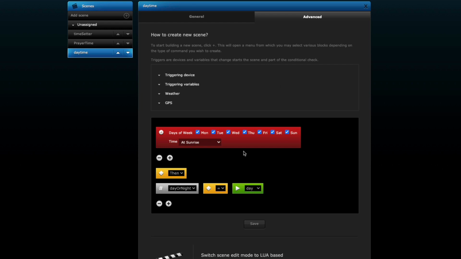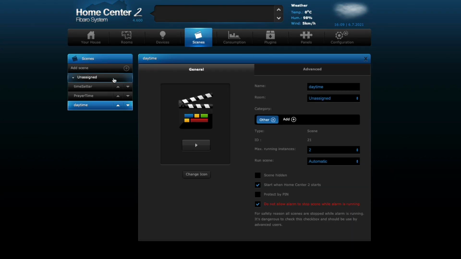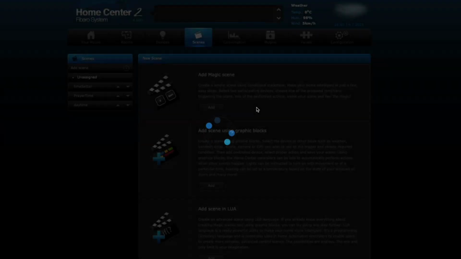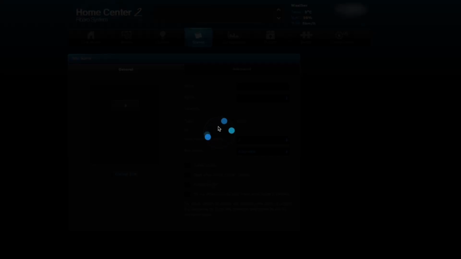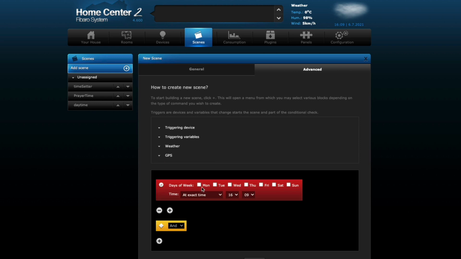Now using this principle, you can then create other variables. So I want motion detection for security lights to switch off at sunrise and switch on at sunset. So again, you could just put that into here and set it up accordingly. So now what I'm going to do is add another scene. Graphical block, and again it's going to be based on days of the week, so let's just select all the days,